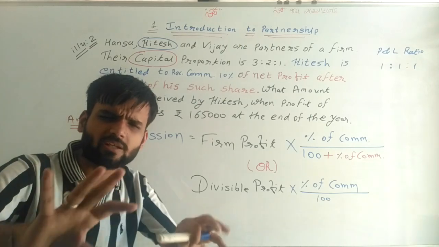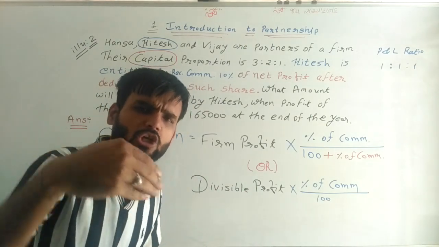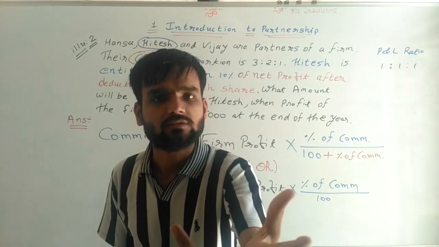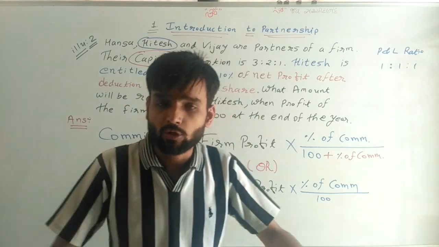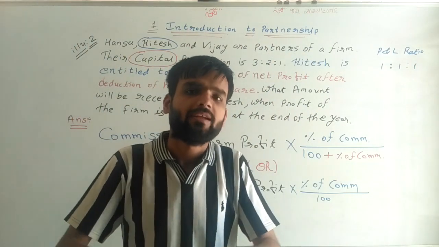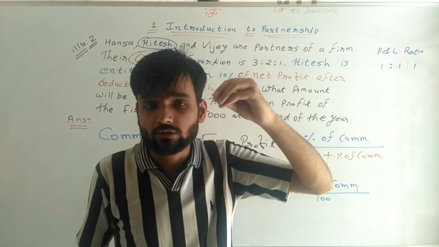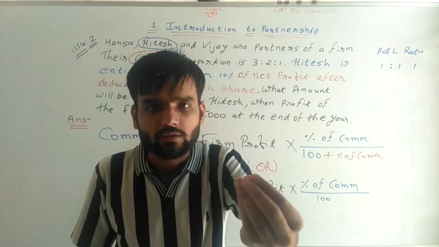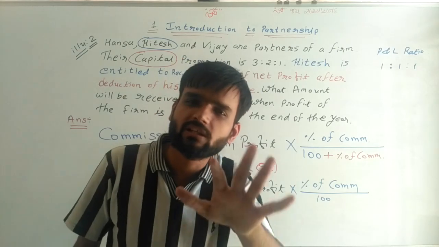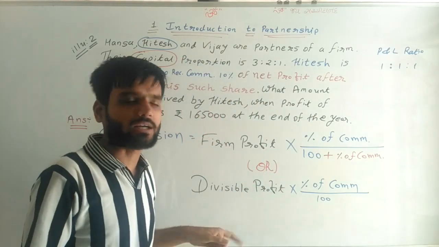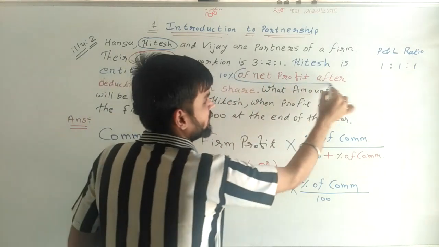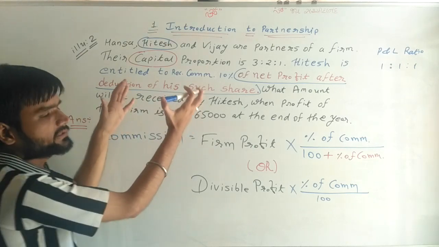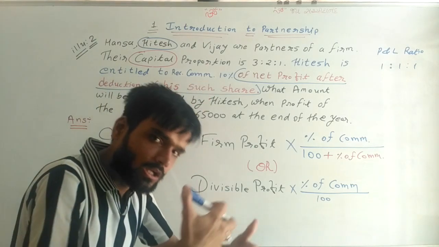Now, just remember, this concept I will clear later, because first of all we are confirming our marks, then after that clearing the concept. Confirming marks is for all students, and clearing the concept is for students who need it, and there are many. And some students don't want to clear it, they need marks. For that, first we clear the marks, then after we clear this concept. Net profit after deduction of his share. Now what does it mean? That we are clearing later.